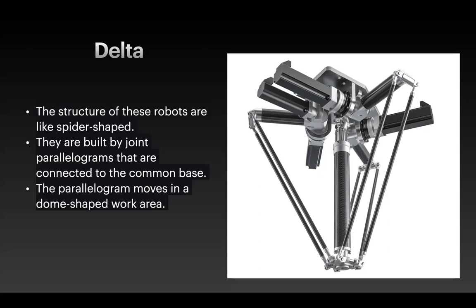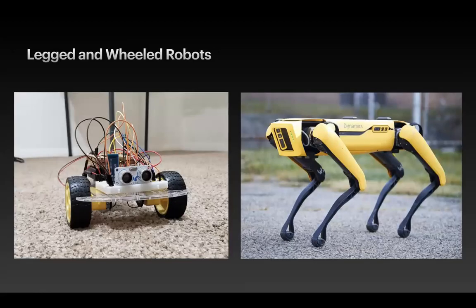So this is again a stationary robot. This robot also can't move, right? But it can be used to grab something from one place and drop it in another place, right? And then we go to the other type. This is the type that we are more familiar with, right? In this example, the picture to your left is a wheeled robot. So it has wheels, as you can see, right? And to your right, this is a legged robot. You can see this robot has 4 legs, right?